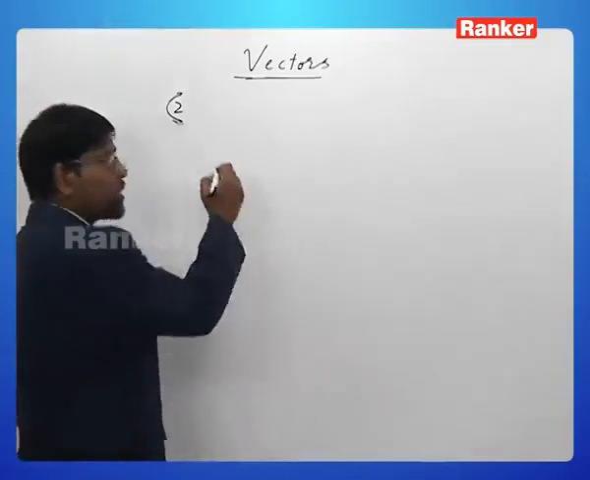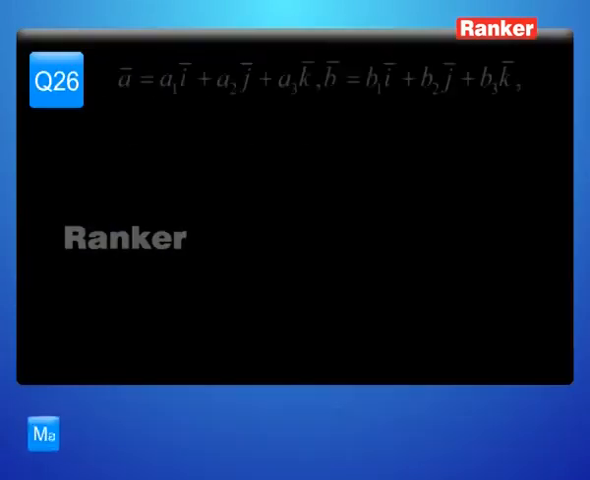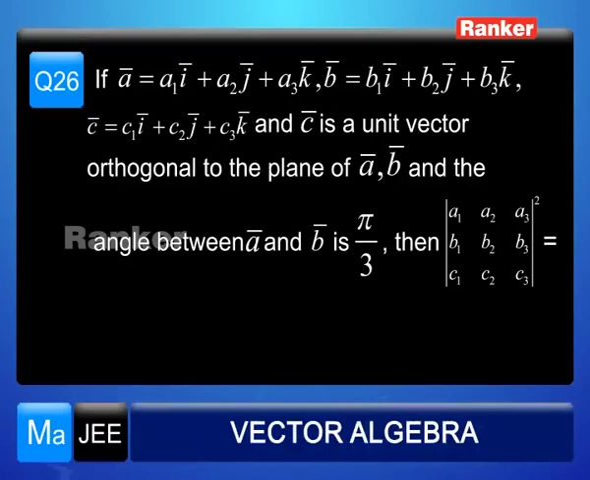Let's move on to the next question. Question number 26. If A bar is equal to A1i plus A2j plus A3k, and B bar is equal to B1i plus B2j plus B3k, and C bar is equal to C1i plus C2j plus C3k, and C bar is a unit vector perpendicular to the plane of A bar and B bar, and the angle between A bar and B bar is pi by 3, then the determinant A1, A2, A3, B1, B2, B3, C1, C2, C3